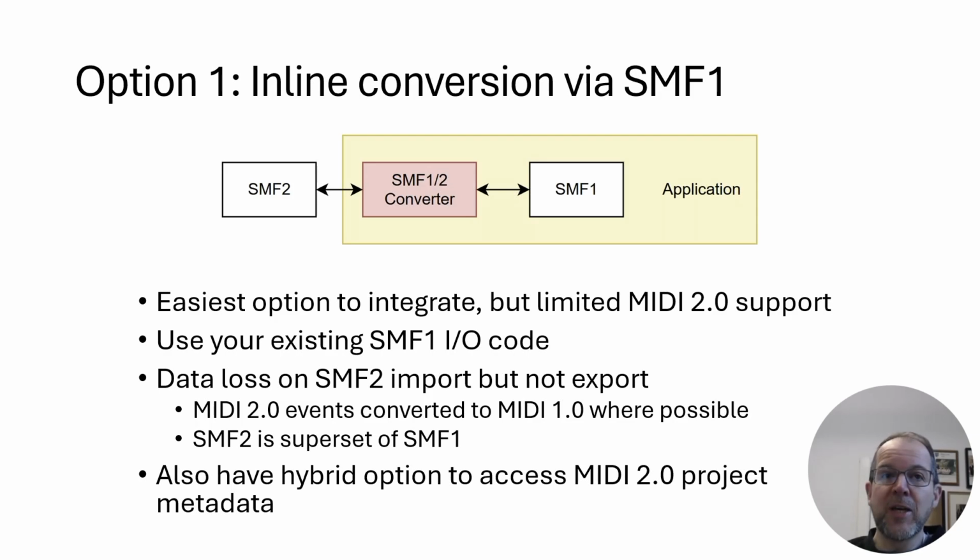So effectively, you embed the SMF1 converter inside your application, and it allows you to read an SMF2 file, but internally it gets downsampled into SMF1. So obviously there is some amount of data loss here,